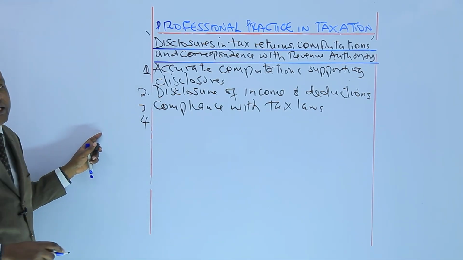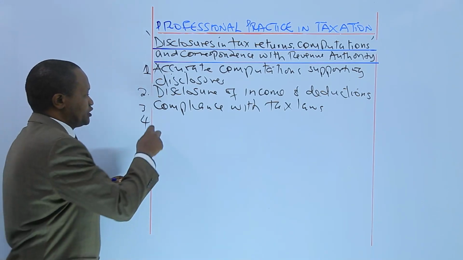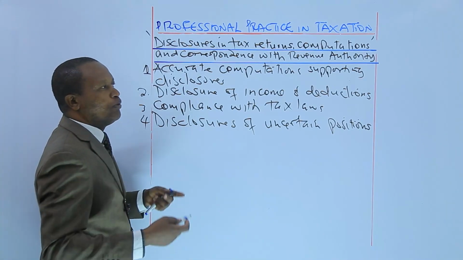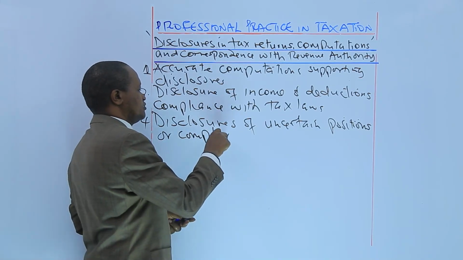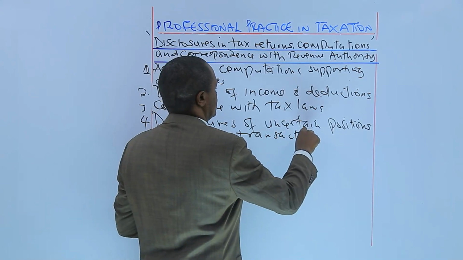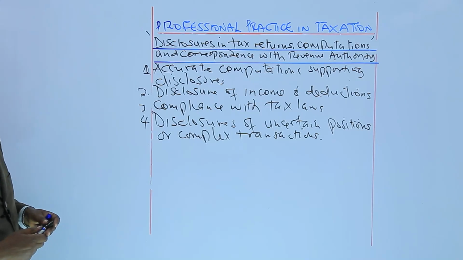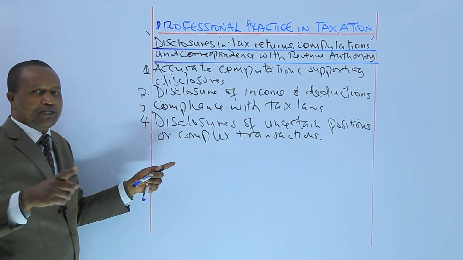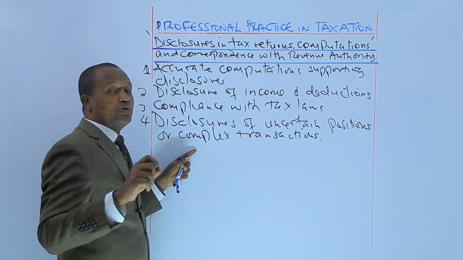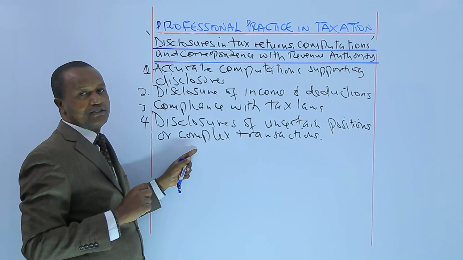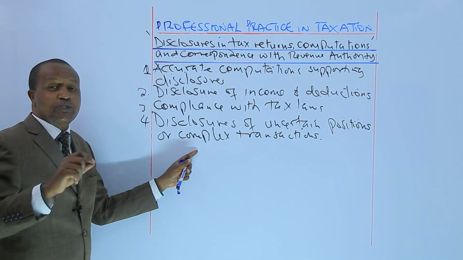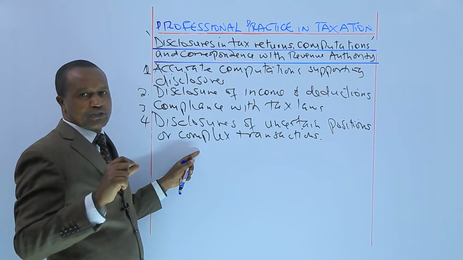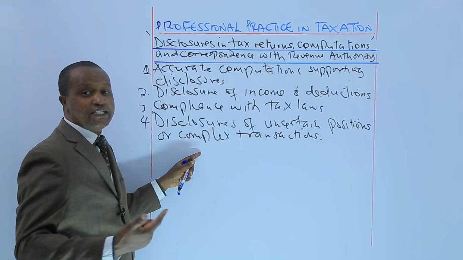The fourth point is disclosures of uncertain positions or complex transactions. What does that mean? In cases where the interpretation of tax laws is uncertain or where complex transactions exist, it's essential to disclose such positions in tax returns. And therefore, accurate computations and clear disclosures regarding such uncertain and complex transactions demonstrate transparency and also mitigate potential issues